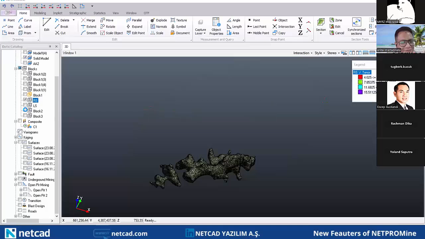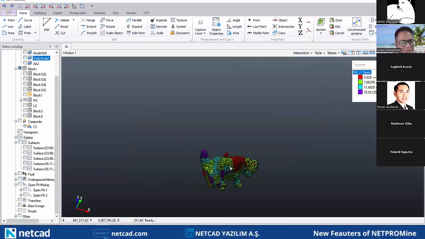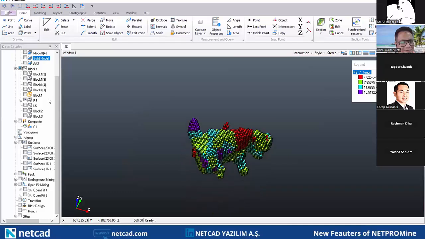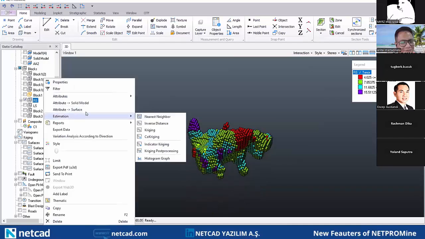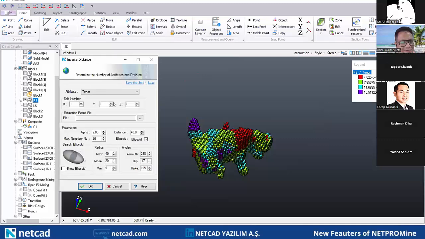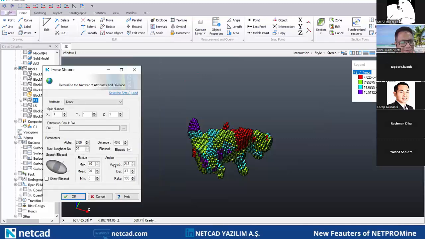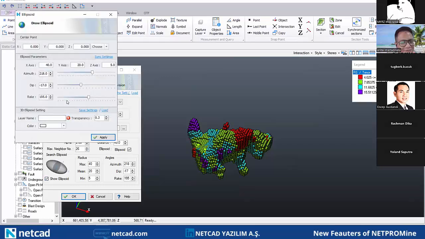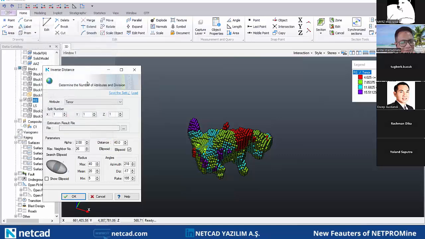Okay, if you remember, we make assignments to the left and the right side of the blocks. While we were making an estimation, actually, we use the ellipsoid parameters. In the ellipsoid parameters, we can also save the settings and we can load back whenever we want, but we